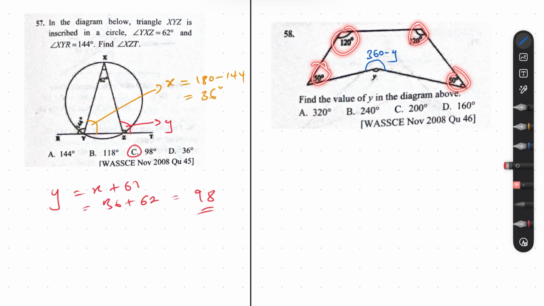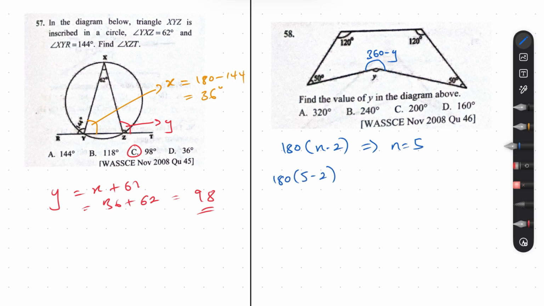Now you just need to find the sum of the angles in this diagram, because this is a polygon. When we find the sum, we can then find y. We know that the formula for finding the sum of the interior angles of a polygon is this, where n is the number of sides. So let's count: 1, 2, 3, 4, 5 sides. So 180 times (5 minus 2) is equal to the sum of everything here, which is